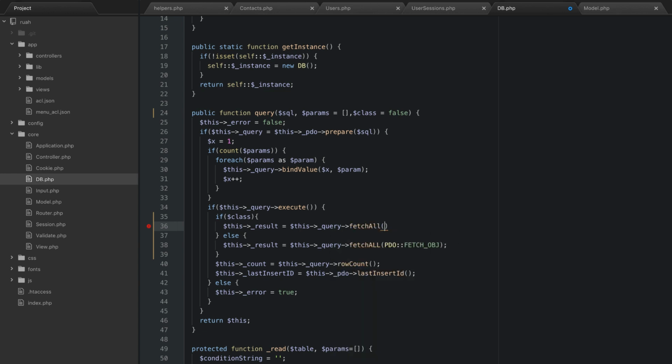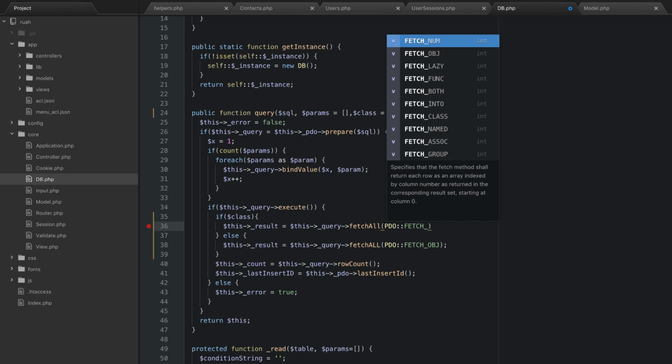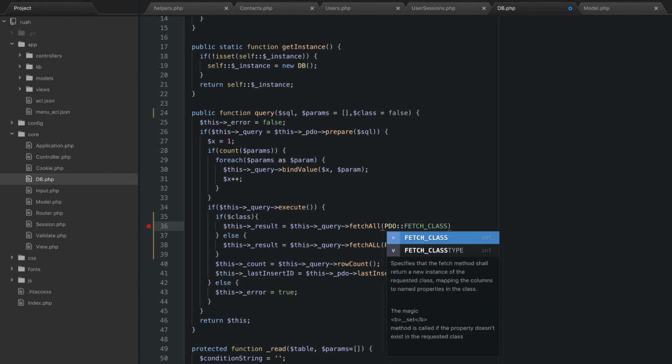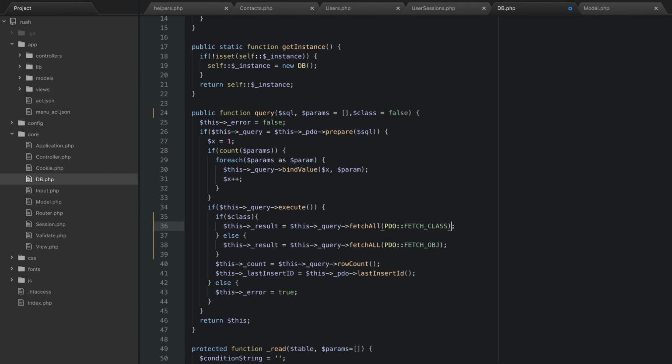But the difference is, instead of passing in the PDO fetch object, we're going to pass in the constant of fetch underscore class. Now, instead of fetching an array of objects, what this does is it will actually construct each of the arrays into